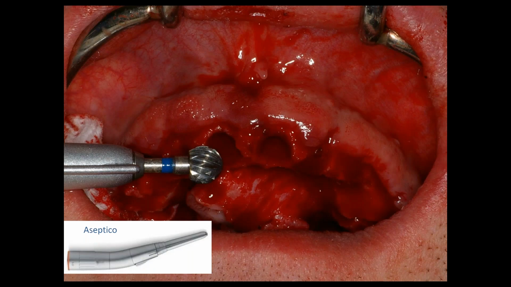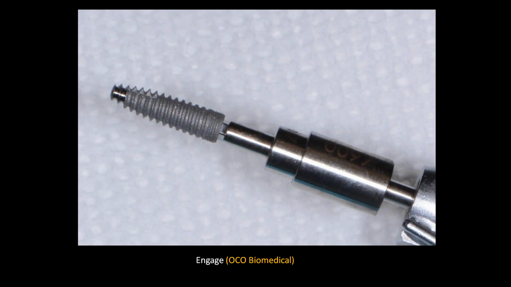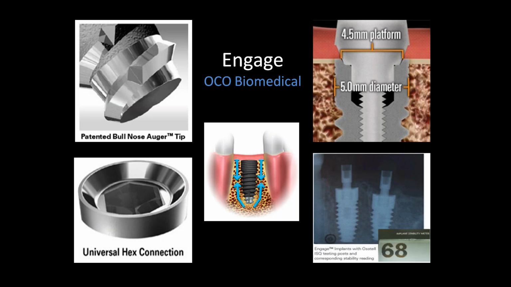So we've already created the osteotomies. We're going to level the bone. And now we will place the Engage Dental implant from Oko Biomedical. The beauty of this implant is that you get immediate fixation due to its patented auger tip. So the patented bullnose auger tip allows you to get a very nice torque when placing this implant and a